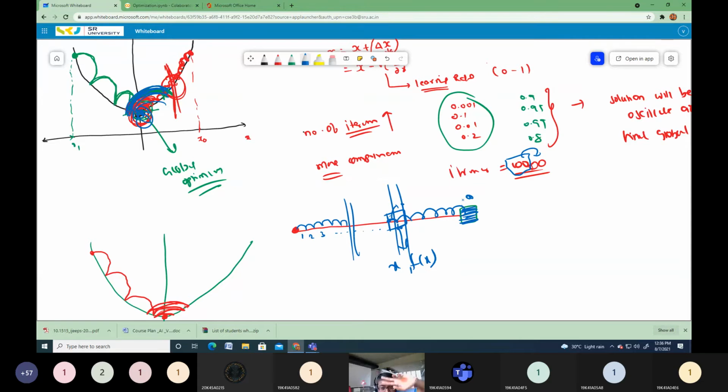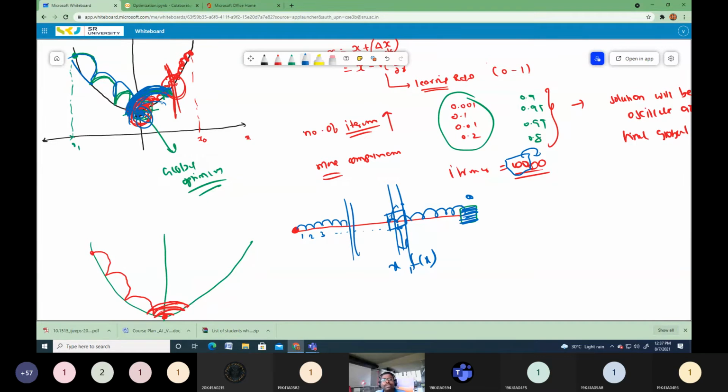Second thing is, if the learning rate is very large, then your step length will be large. When the step length is large, you are moving toward the global point very fast. But there is no guarantee you will jump exactly onto the global optimum point. You may overlook it and fall on the other slope side. Then you keep coming back and forth, and these are called oscillations around the global optimum point. So that is one of the demerits if you choose a large learning rate.